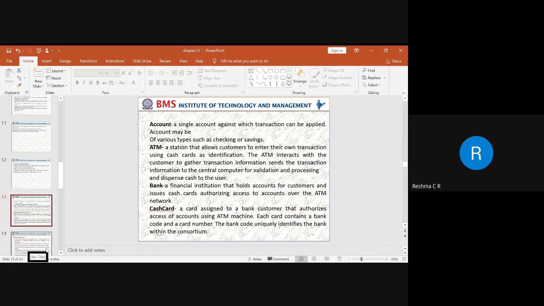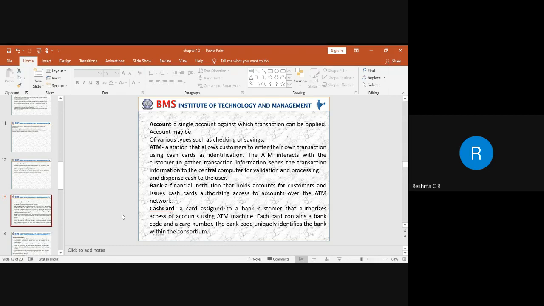Okay, so next, I have included some more examples, like the cashier station. The cashier indicates an employee of a bank who deals with the transaction, which accepts and dispenses the cash. Next, the cashier station indicates that it is a station on which the cashier enters the transaction about the customer. So whatever cash has been dispensed from the station will be taken care of by the cashier station. Next, we have a central computer.